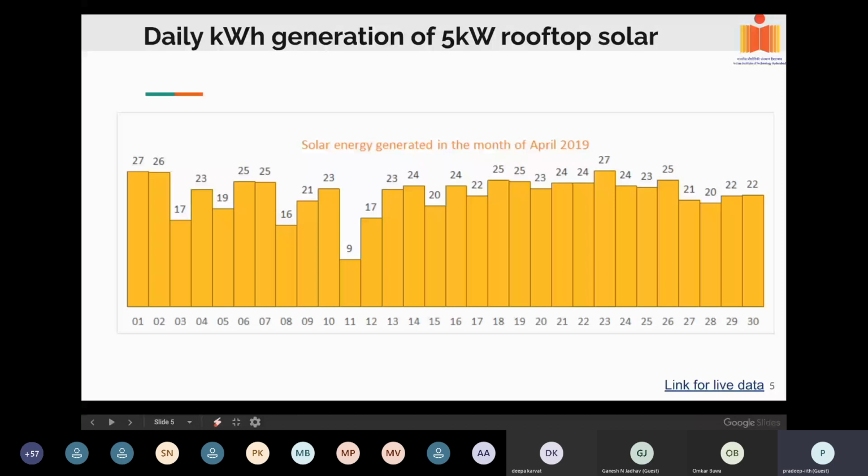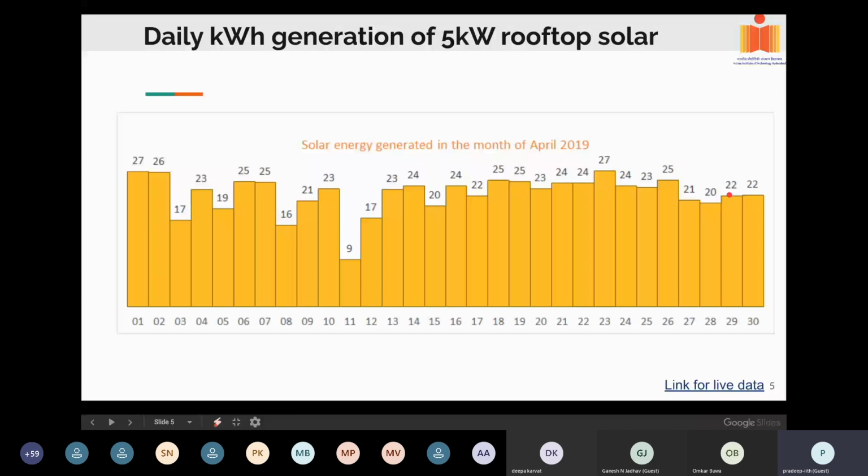So typically, the thumb rule is in the summer months, 1 kilowatt generates 5 kilowatt hours. So it is like into 5 if you do. That is a rough estimate. So if you have 5 kilowatt, then 5 into 5, 25 units are supposed to be generated. More or less, on an average, you can see 26, 27 like this. The power generation is coming. So this is a simple monitoring system whether we are able to generate the power or not.